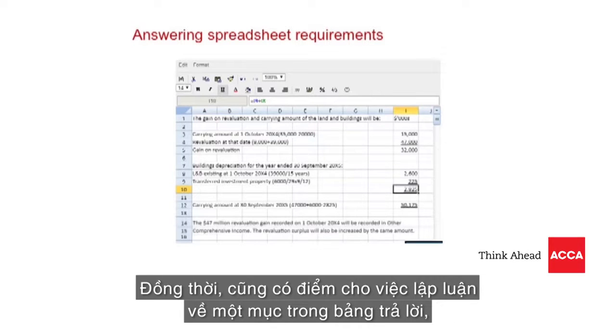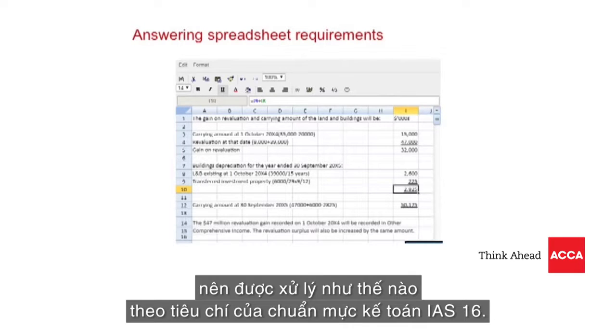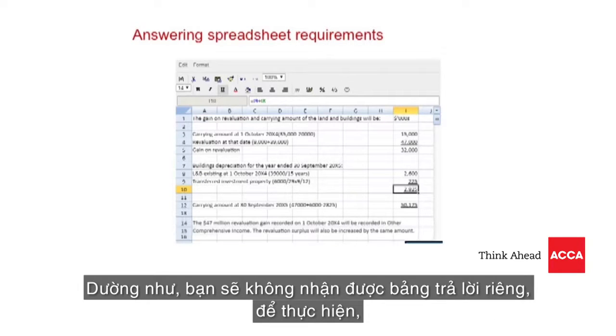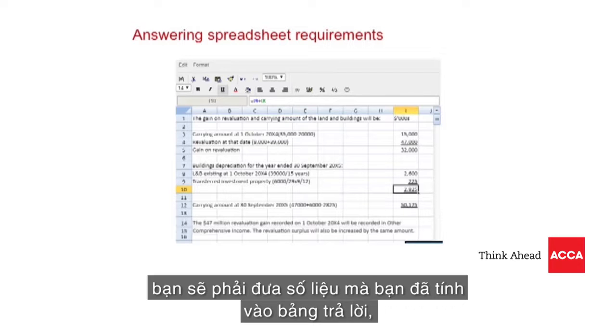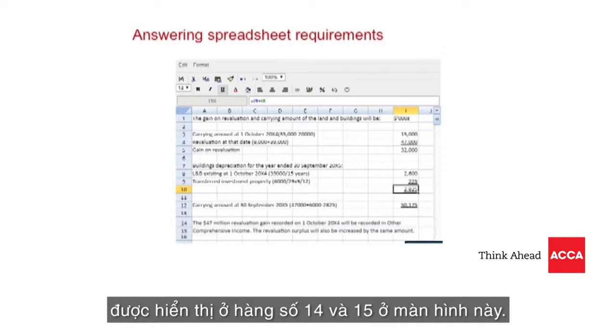Also, there may be a few marks available for commenting on an item in the spreadsheet response, such as explaining how the revaluation of a non-current asset should be treated in accordance with IAS 16. It is unlikely that you will be provided with a separate word processing response area to do this, because you will need to be able to refer to the numbers that you have calculated in the spreadsheet. In such instances, you should type your narrative answer directly into the spreadsheet, as shown in rows 14 and 15